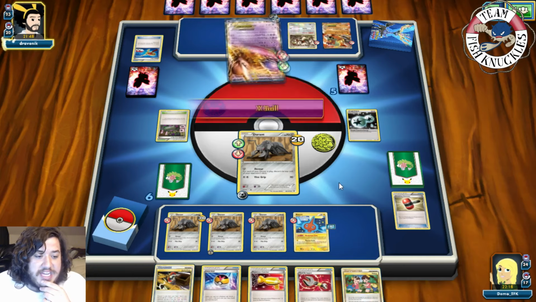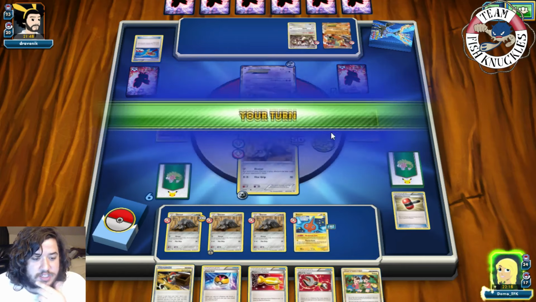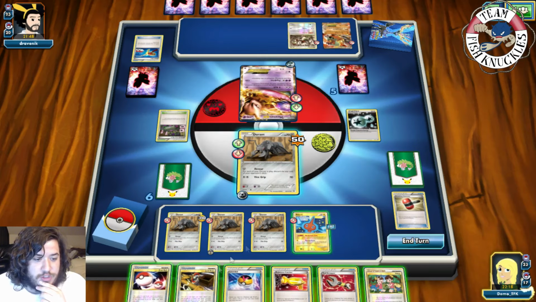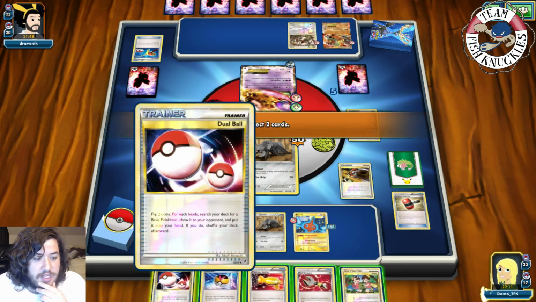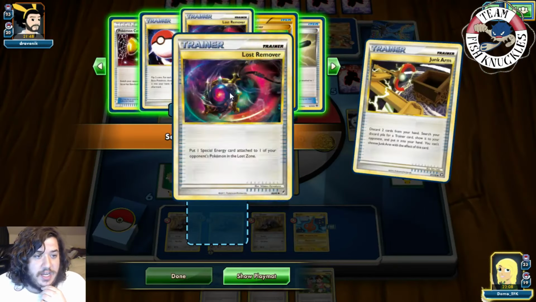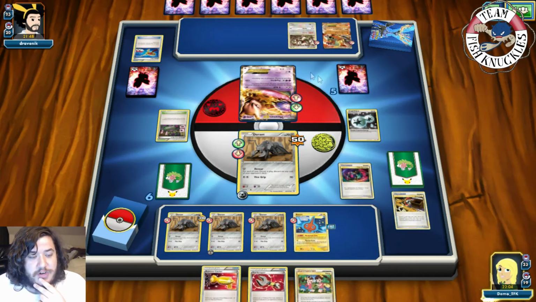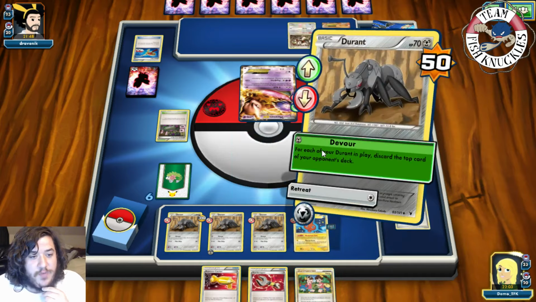So DC goes to the active. We could get a Lost Remover. X-Ball will do 30 damage, which is nothing. Alright, so on our turn, we can use Junk Arm, discard a Dual Ball and a Level Ball. And with this, we'll grab the Lost Remover to discard the DC off the active. Okay, so we'll get the Lost Remover, put the DC in the Lost Zone, and we'll go for Devour, discard